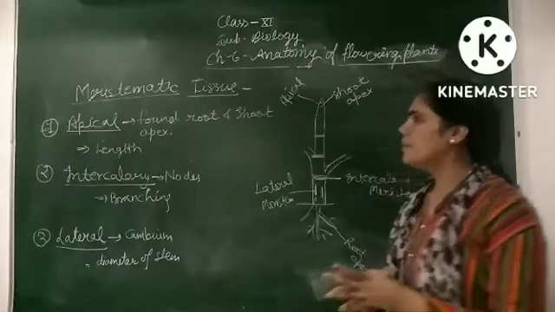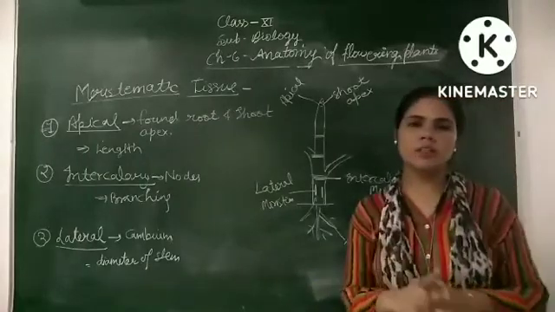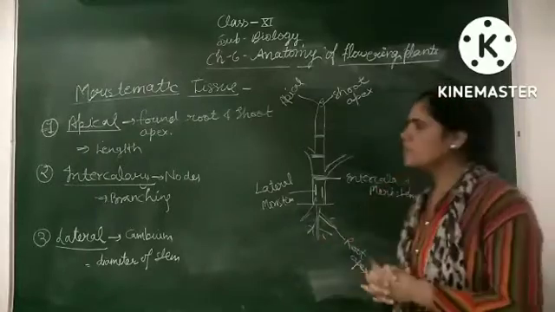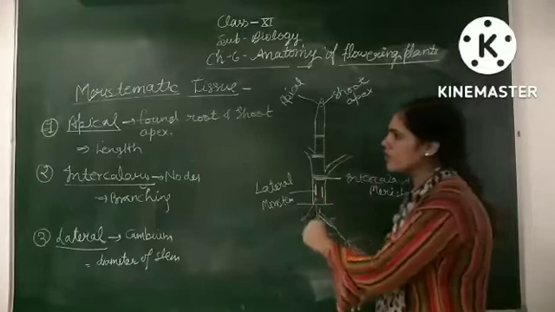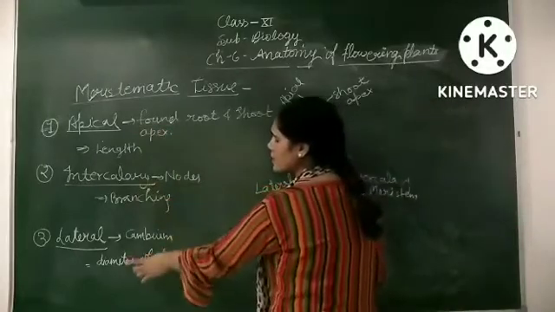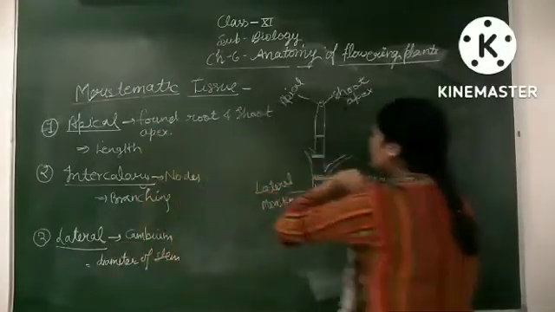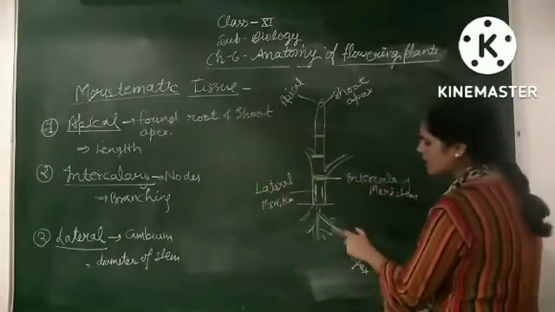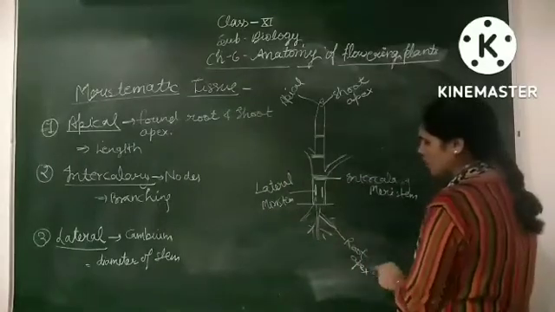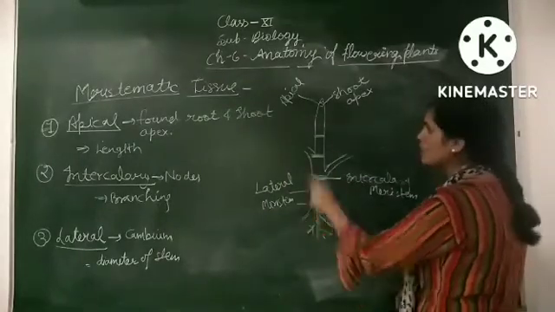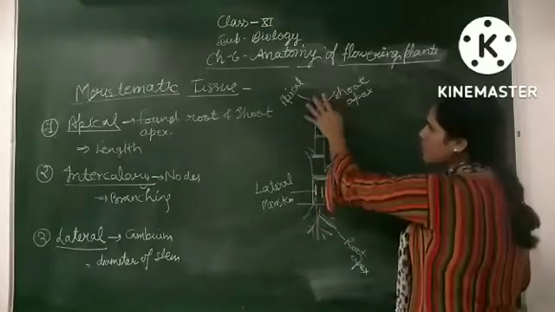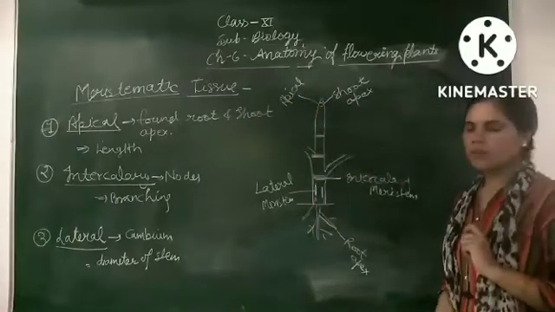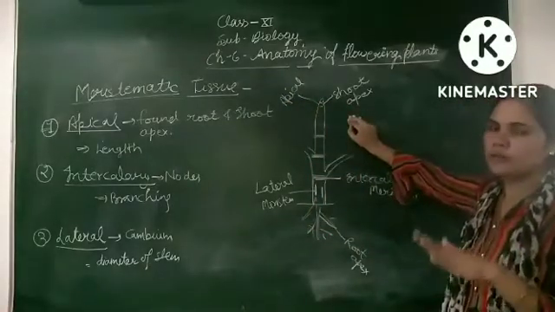Meristematic tissue. Meristematic tissue is basically a growing tissue that helps in the growth of the plant because its cells are dividing cells. On the basis of location, it is of three types: apical meristem, intercalary meristem and lateral meristem. Apical meristem is found at the root and shoot apex. As you can see here, this growing part is the root apex, so the apical meristem is found here. Again in the shoot, this apical part is known as the shoot apex, and at this part the apical meristem is found. It helps in the growth of the length of the plant.